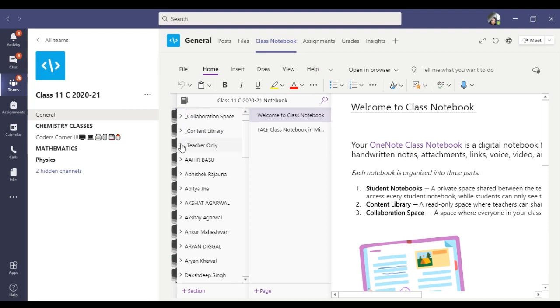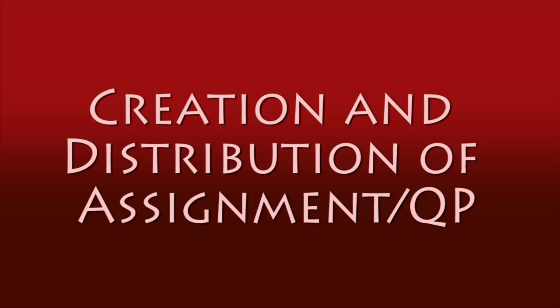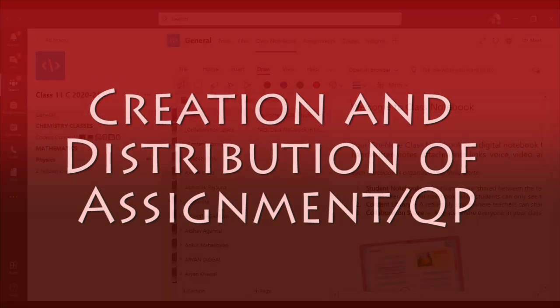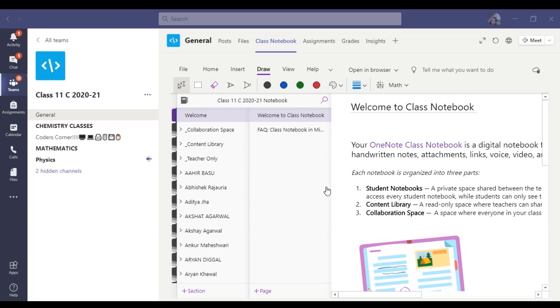I'll be continuing with the teacher only section. I'll show you how a teacher can create a question paper, and then how this question paper can be distributed to the students, and how this paper can be checked. So let's see how a test can be created on class notebook.